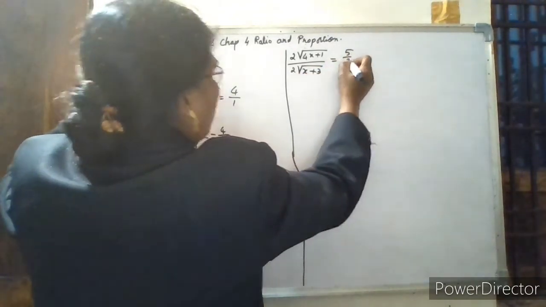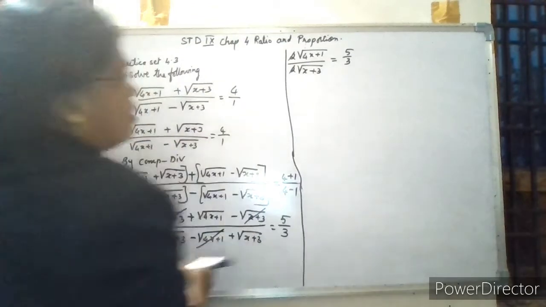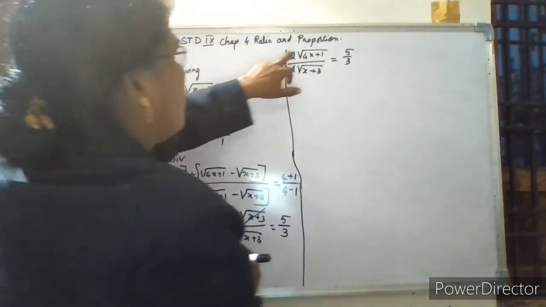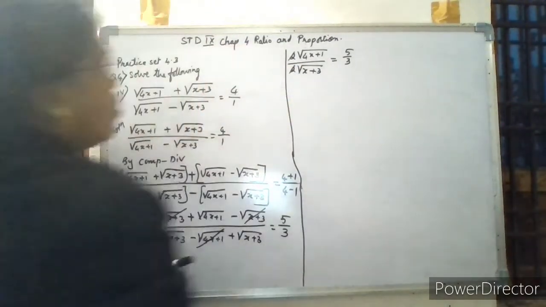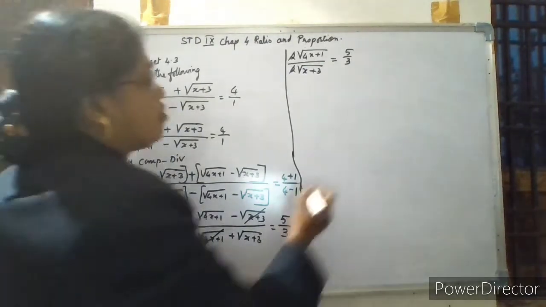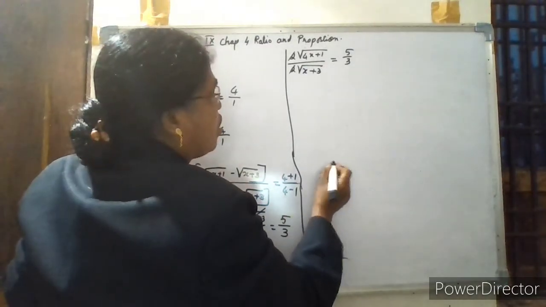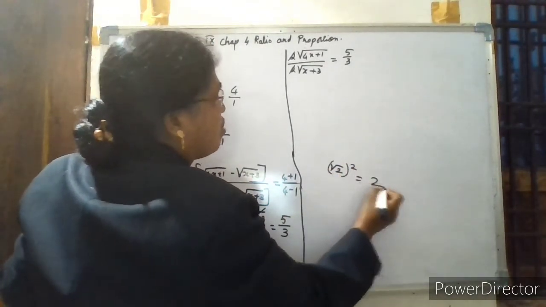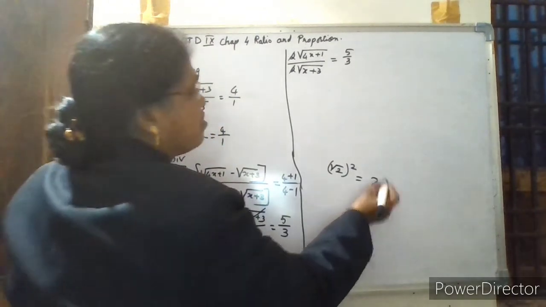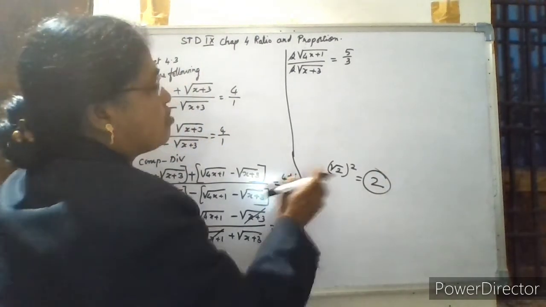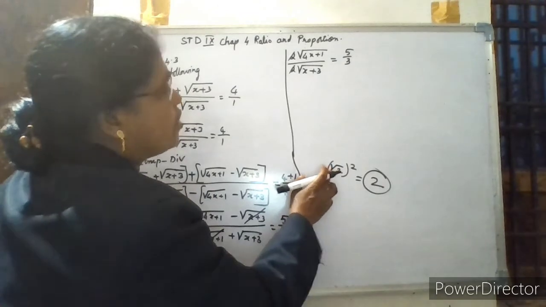Here 2 gets cancelled. So now see, this is square root. To take out the square root, see, root of 2 the whole square, if we do, it is equal to 2. That means this becomes a whole number. So therefore, when a number is under root, you have to bring it as a whole number.